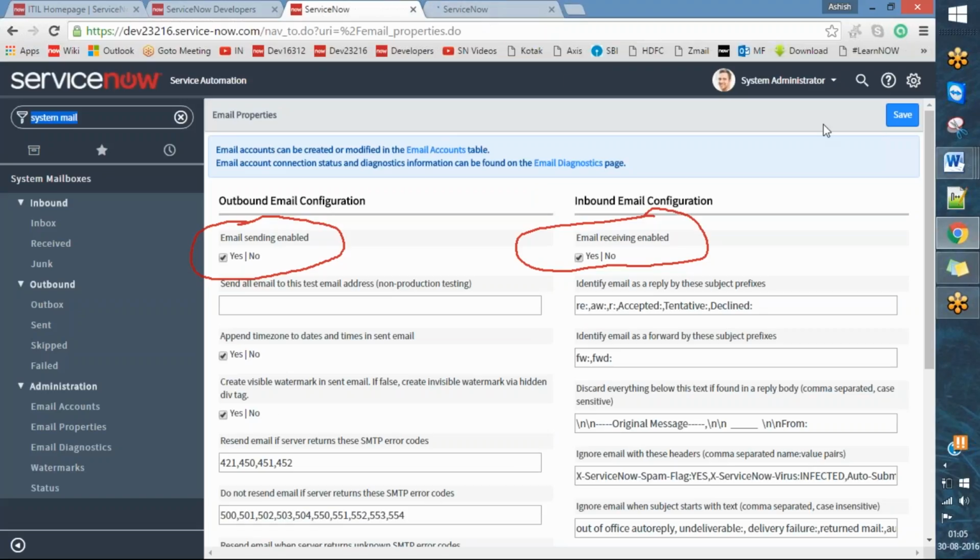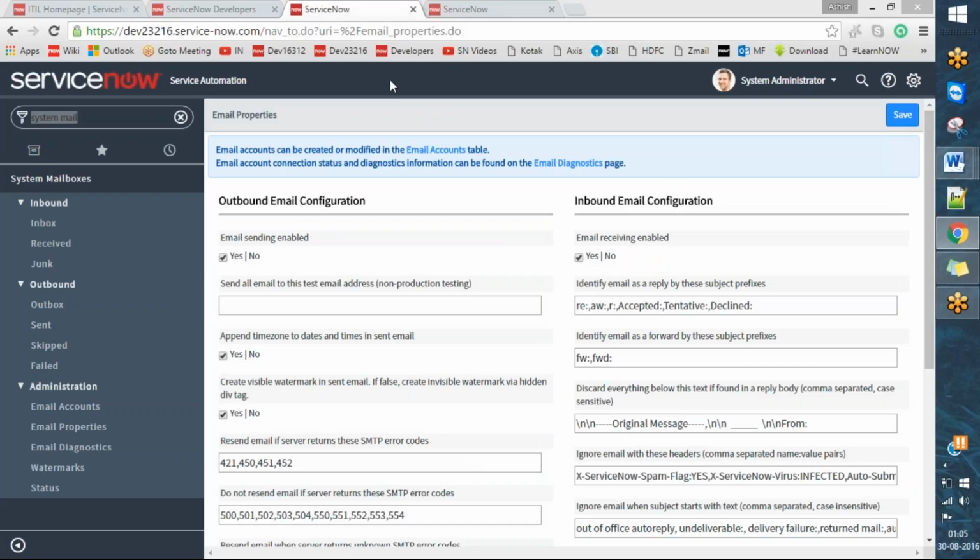Okay, so just take it this way. If you want to send ServiceNow an email, you can make email sending enabled, email receiving enabled. That's all you need to focus on. For instance, if I'm saying I don't want any email sent out from ServiceNow, or I don't want to receive any email,